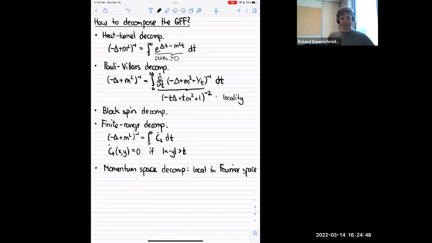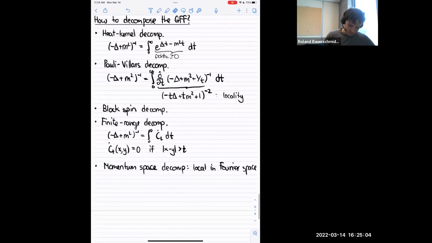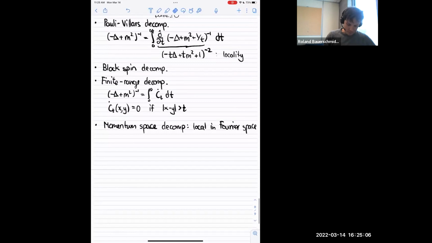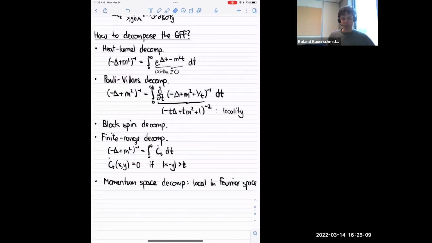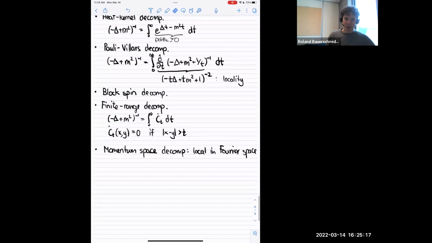Now, it may sound a little bit silly if you haven't seen this before, but a lot of the technical difficulty of the renormalization group is related to the fact that these all have nice properties, but you can't have all the nice properties at once. What I should emphasize is that with these decompositions, you can't do just anything. You need to do something so that the terms that appear in the integral or in the sum are positive definite. And that poses a serious constraint on what you can do. So it is a sort of philosophically technical difficulty.